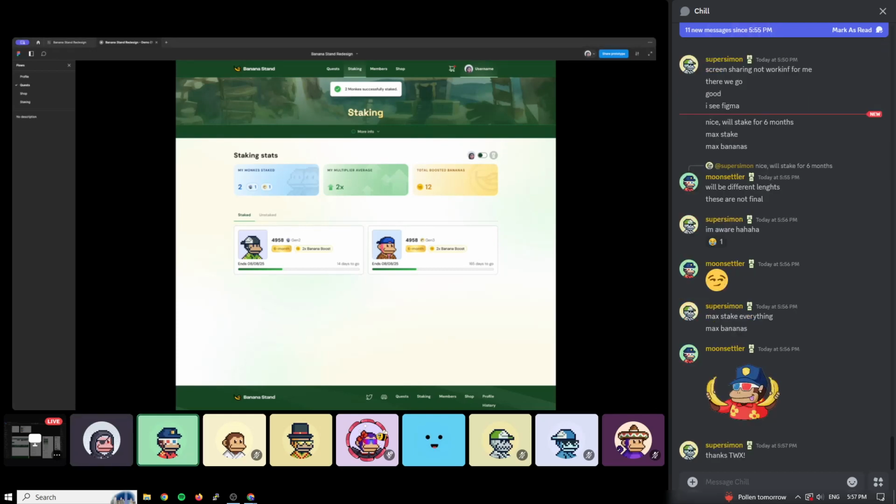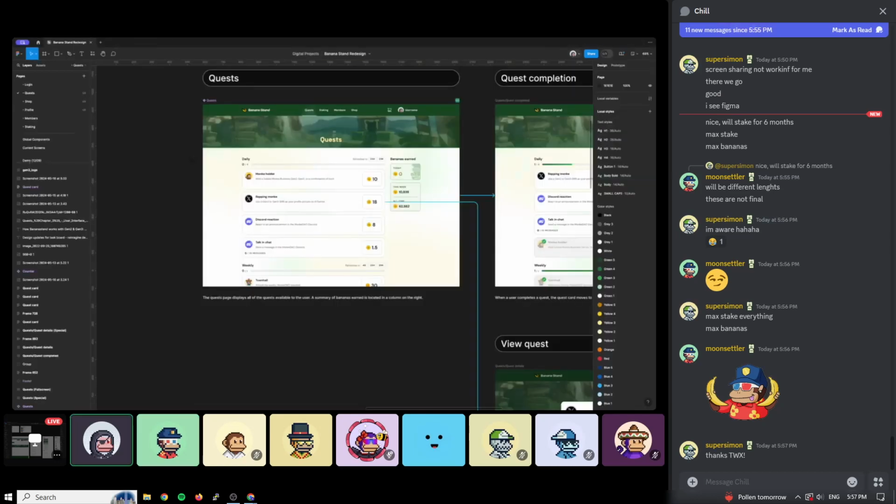TW, can you also share the catalog view, the membership catalog? Oh, we are sharing the catalog view? Okay. Yeah, we can show that one too, I think. Okay, it's not part of the demo, but...